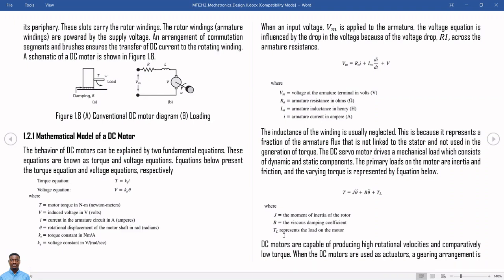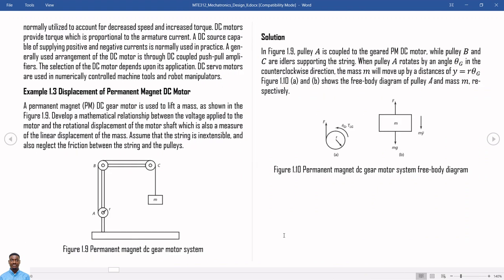So the DC motor is capable of producing high rotational velocities and comparatively low torque. Now, because we might need to make some adjustments to the rotational velocity and the torque of your DC motor, there's always the need for a gearing arrangement. When you are using your DC motor as an actuator, you might want to vary the rotational velocity against the torque. So based on that, you need a gearing arrangement to